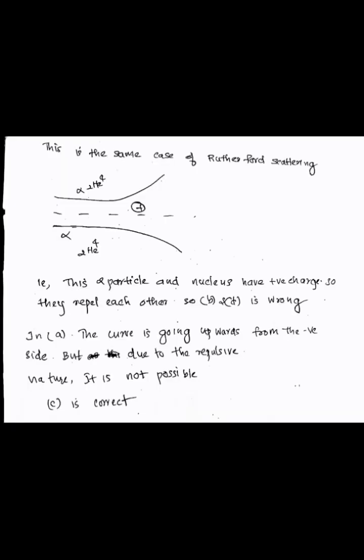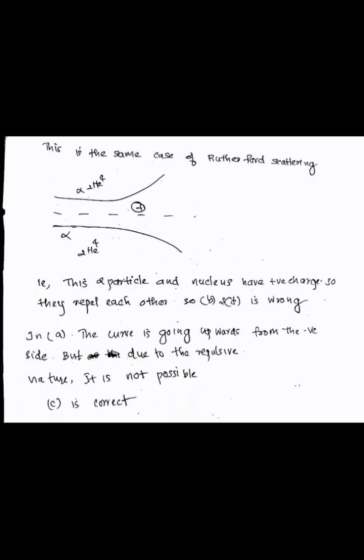The next question is, which of the following figures best represent the trajectory of a particle moving in a repulsive central potential V equal to A by r. So we need to find the graph. Actually, this is the same case as Rutherford scattering. We know that in Rutherford scattering, the alpha particle is coming towards the nucleus. As the alpha particle and nucleus have the same charge, they will repel each other as the alpha particle moves towards